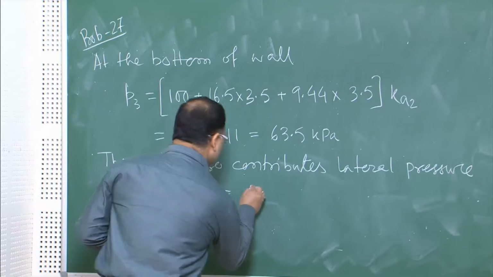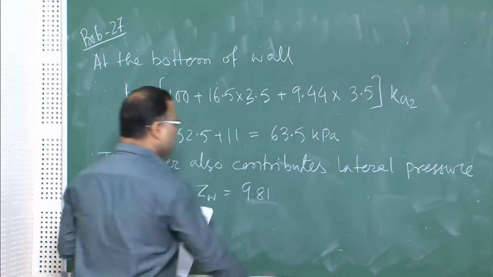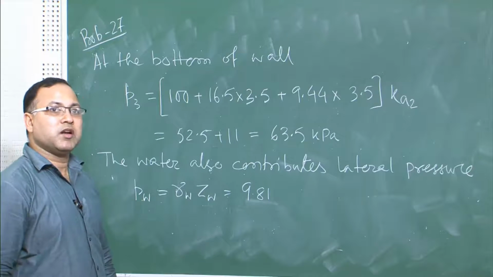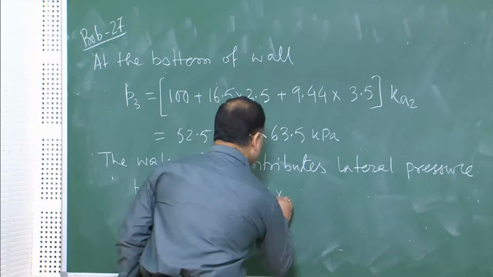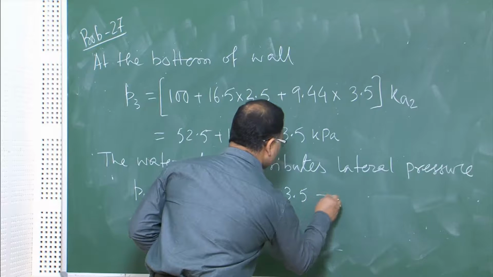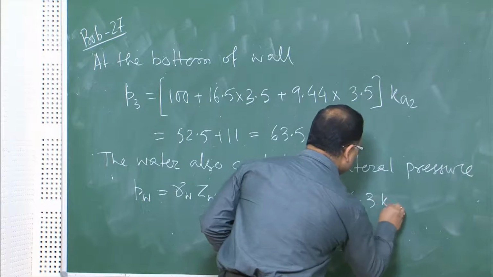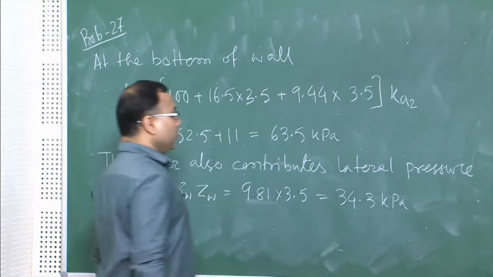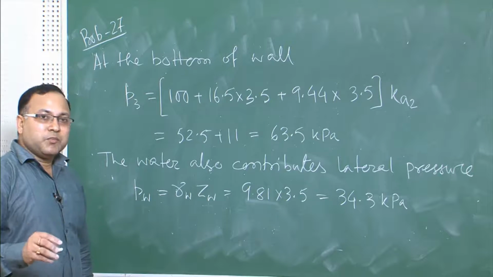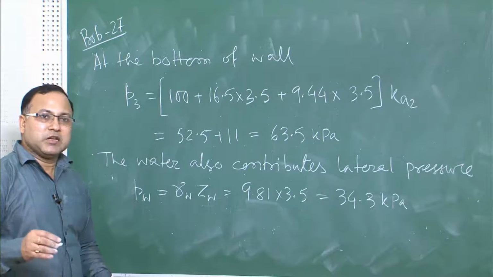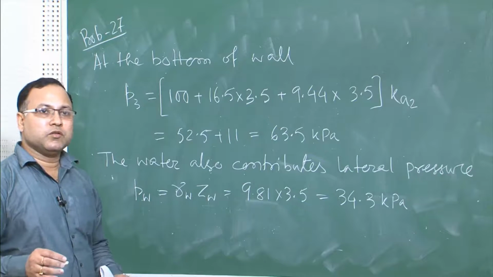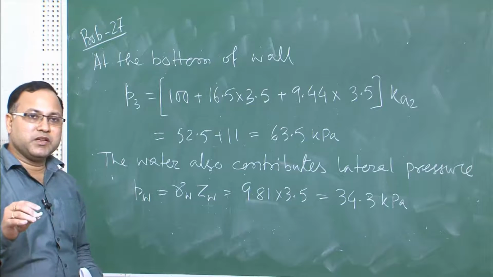What is your gamma W? 9.81, and what is the total depth of water? That is 3.5 meter, which gives 34.3 kPa. So, the water pressure will be 0 at Z equal to 3.5 meter,